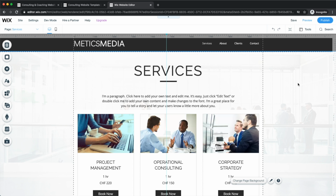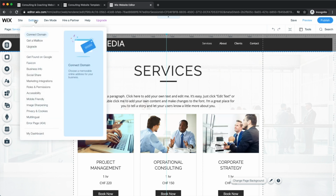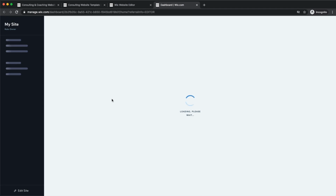In order to get there, we have to go to our Wix dashboard for our new site. So to get there, we go to the settings on the top left and then click on My Dashboard all the way on the bottom. And that will open up the dashboard of your website where you can see all kinds of information basically about